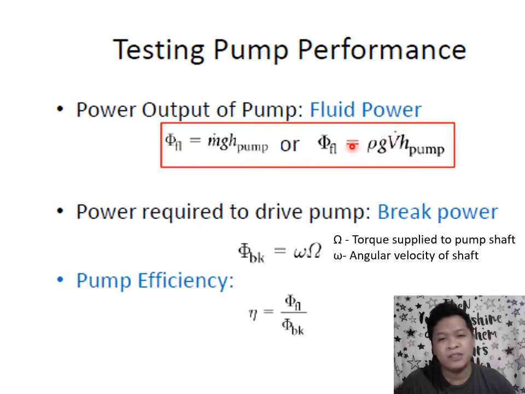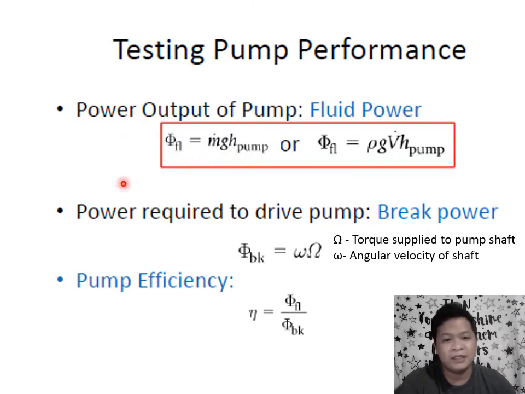Unless you collect the flow at the end and weigh what you collected over a specific period of time. Okay? So that means, since we're basing it on mass flow rate, if you have two fluids of the same volumetric flow rate but different densities, then there would be a difference in the